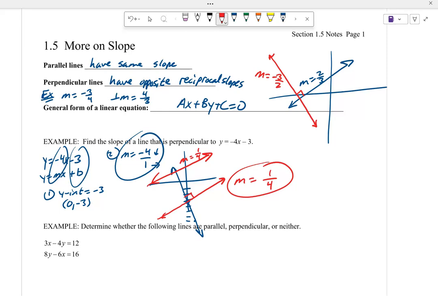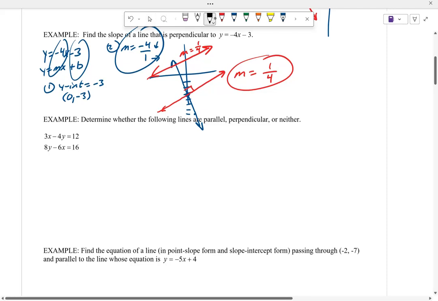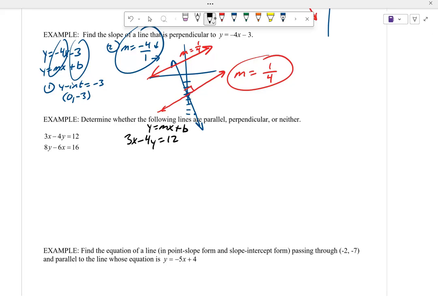Let's look at this next example. Let's determine whether these lines are parallel, meaning they have the same slope, perpendicular, meaning they have the opposite reciprocal, or neither, meaning they just cross somewhere. If I'm doing the comparison, I'd probably put these into slope-intercept form so that I can see what my slope is. So let's put it into y equals mx plus b form